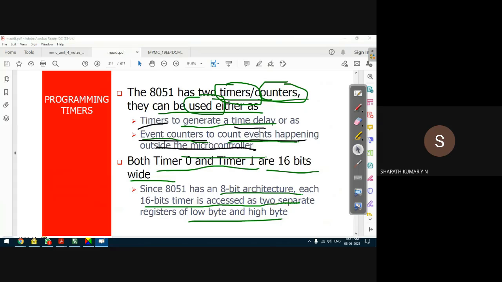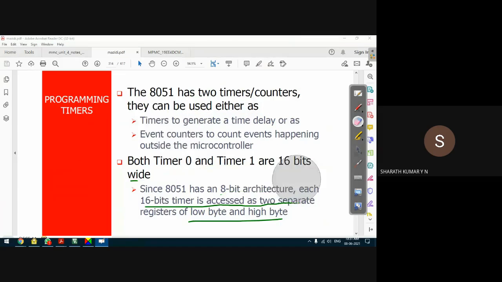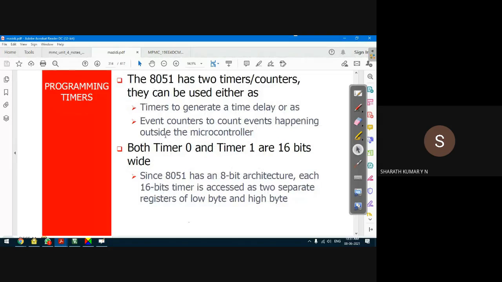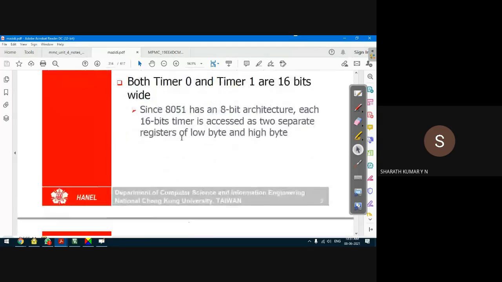Anyway. It's okay. I think this is clear, guys. And I think it's a very simple concept. Timer. It's very simple and straightforward. Okay. I think this we discussed. Let's go to the next page.